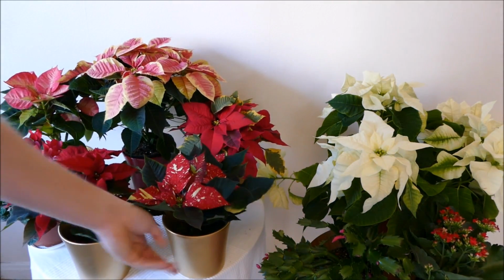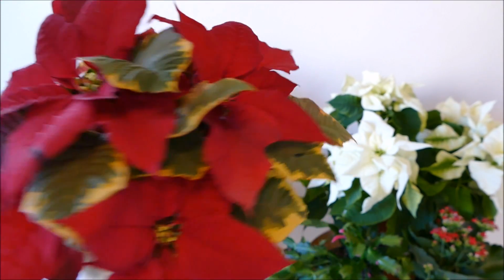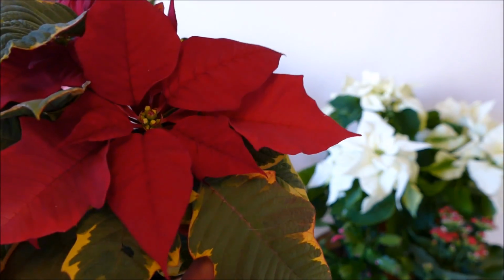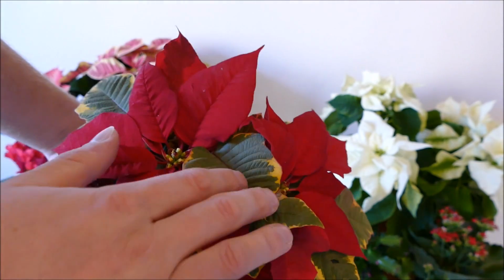This one at the back I think is my favourite. That's because to me that sums up Christmas more than any of the other ones. And the reason for that is the leaves are a bit more kind of jagged and they're variegated as well. And that reminds me of the variegated holly that you get. So that to me looks very much like a Christmas kind of plant with the variegated leaves there and the